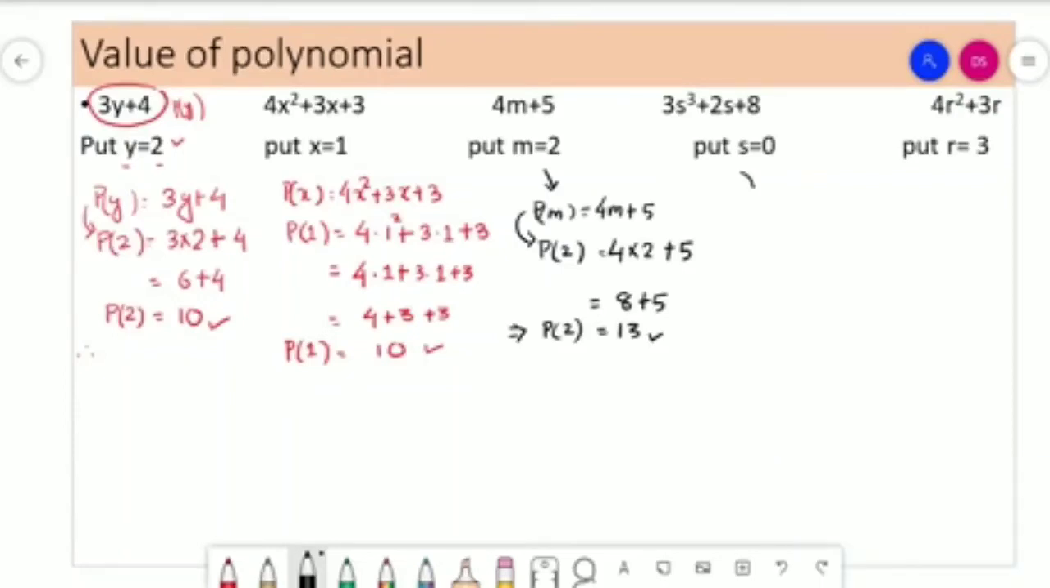Now come to this, P(s) is equal to 3s square plus 2s plus 8. Now put the value 0. The value will be